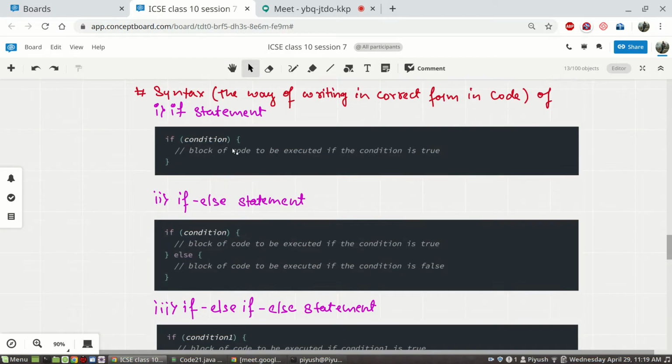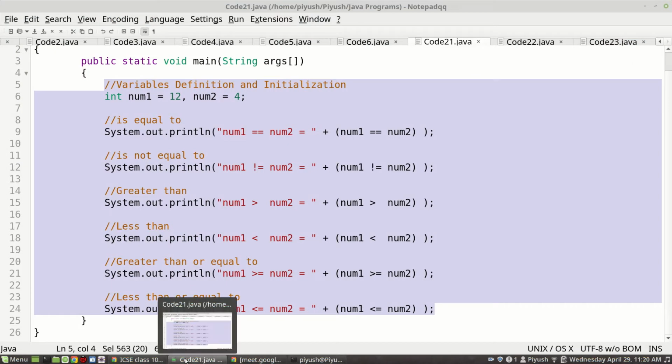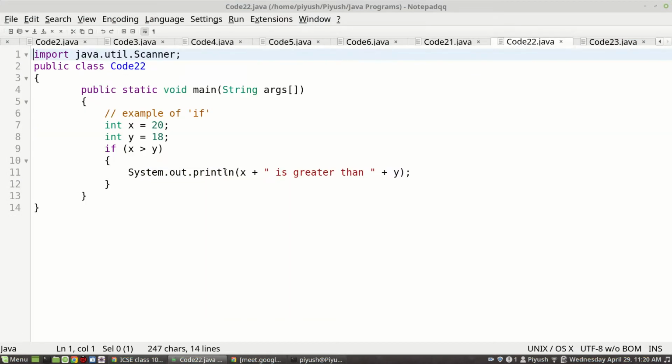We'll see the if statement first with the help of a program, how this if statement helps us in making decisions or checking conditions. We'll see one code, an example of if.